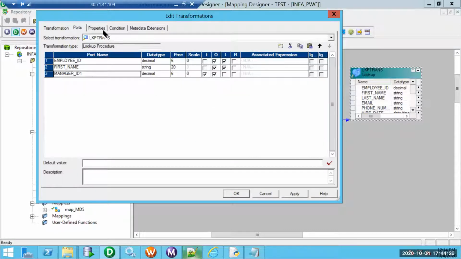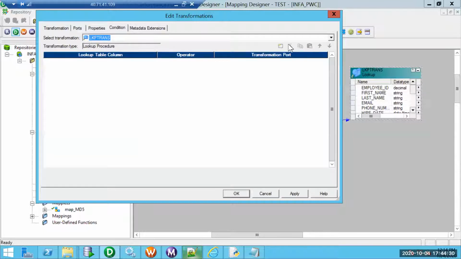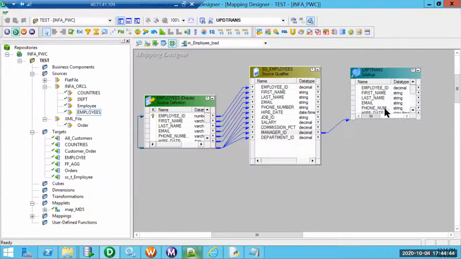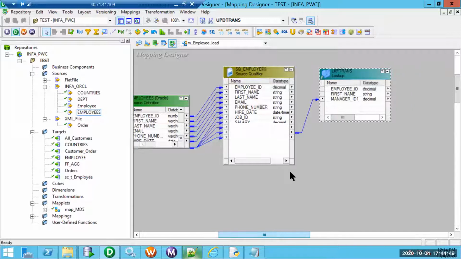If you want, we can even retrieve the manager's manager ID and populate it. Again, it's up to our requirement. Corresponding to the manager ID, we are looking up where manager ID matches employee ID, and we want to retrieve the corresponding first name. That is the whole intention. Yeah, perfect.